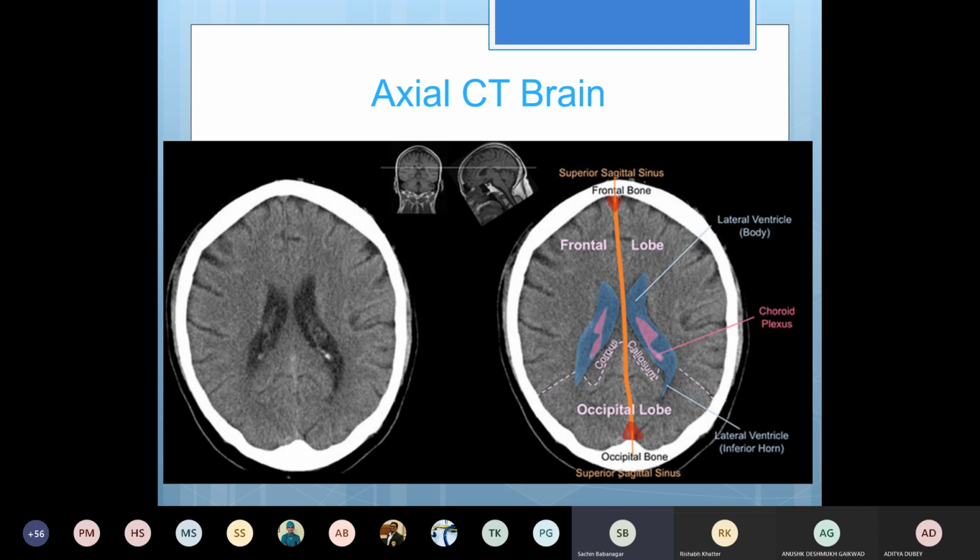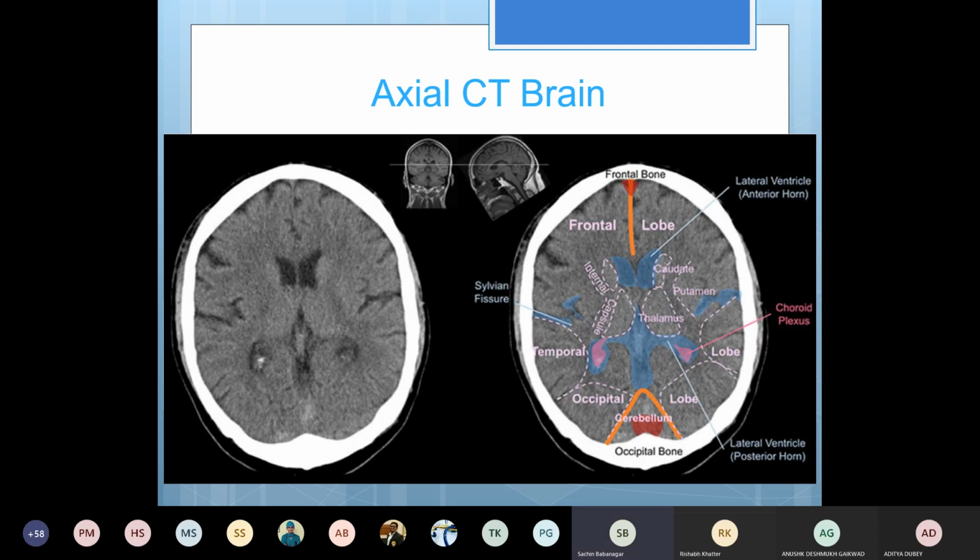Just parasagittal, this brain parenchyma is called the corpus callosum. It's basically a connecting tissue, right side to left side, and it has some developmental significance. Sometimes there can be dysgenesis or agenesis of that, which is better appreciated on other modalities, but I'm just showing you the anatomy on the CT to start with. And this is the inferior horn of the lateral ventricle, also called the occipital horn. It's closer to the occipital lobe.